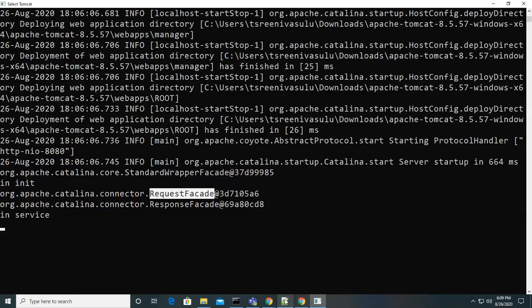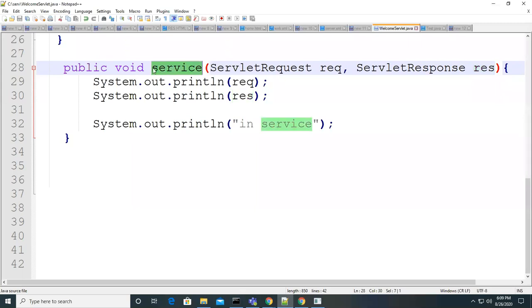Are you listening to me? Servlet request, sir. Right. So this class is the implementation class of the servlet request interface. Whenever the server is calling the service method, it needs two objects.